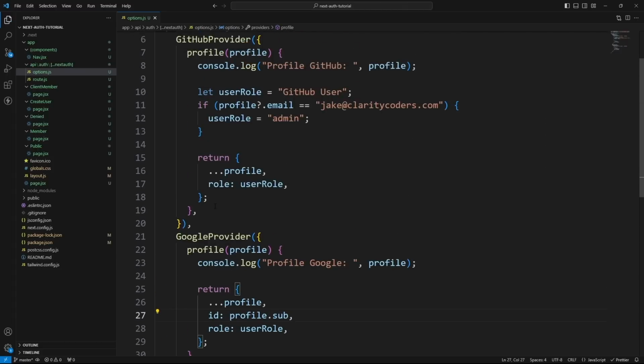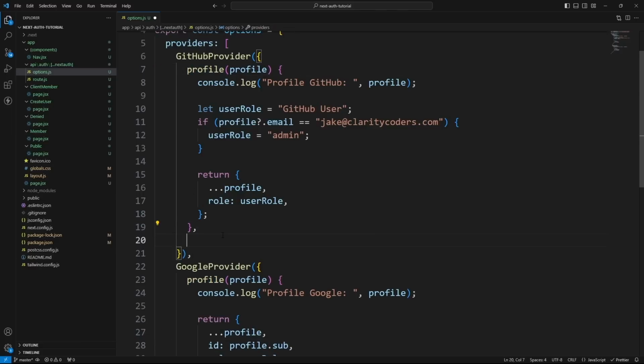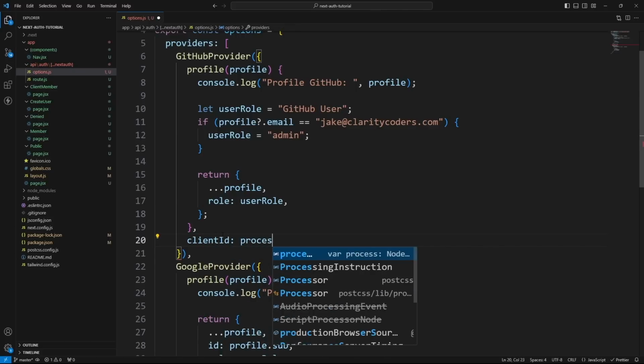Now for each of these, we have to have a client ID and a client secret that we're going to set up with these providers so we can utilize them in our application. So on the level of the profile here, after that profile, we're going to hit enter here. And for our GitHub one, we're going to have a client ID, and we're going to set it equal to